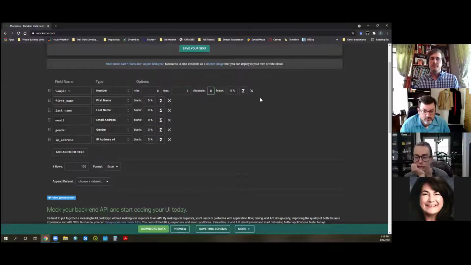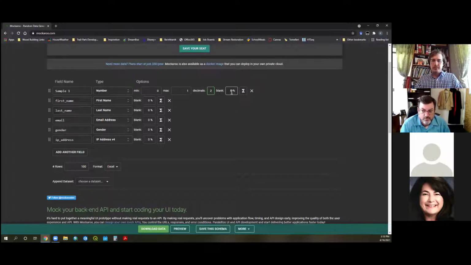And how many decimals? Well, a lot of the machinery that we use reads in a scale of 0 to 1. And let's say that I just want 2 decimal places. Okay, so whatever it's going to be is 0.00 or 0.02 or 0.44. You can also have a choice to leave a percentage of them blank.